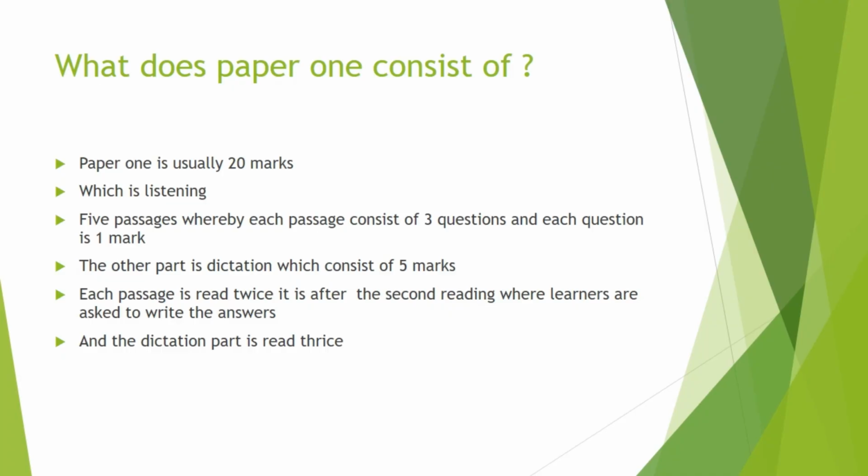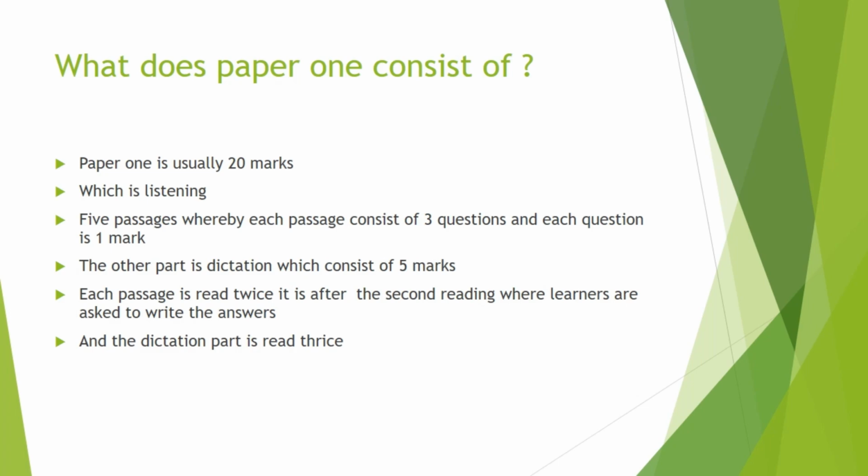Out of the listening, there are 5 passages that will be read. He will read the first passage, and each passage consists of 3 questions. So you'll be given a paper, and the paper has nisfu al-awwal, nisfu thani. Those are the passages. So you are supposed to be a very good listener. You'll be listening, and then you'll answer the questions, and each passage consists of only 3 questions, and each question is only 1 mark. So 5 times 3 becomes 15.